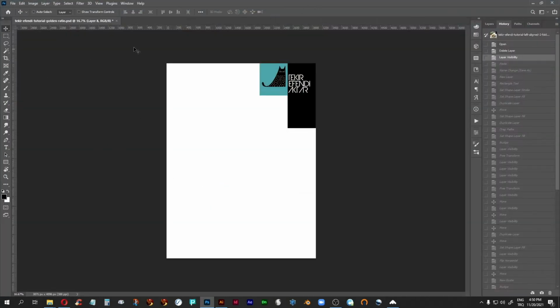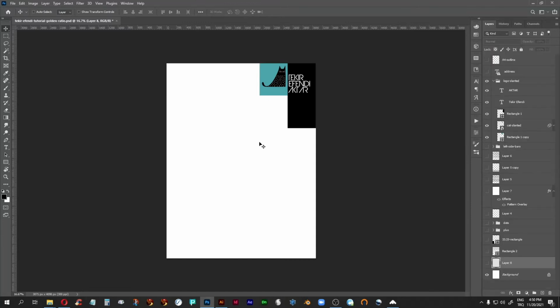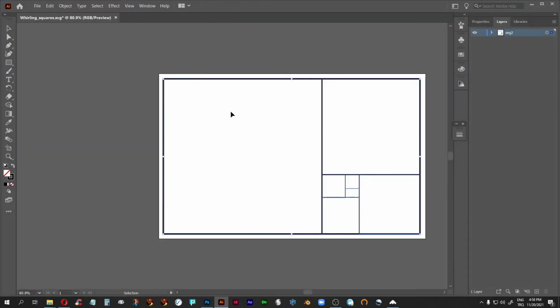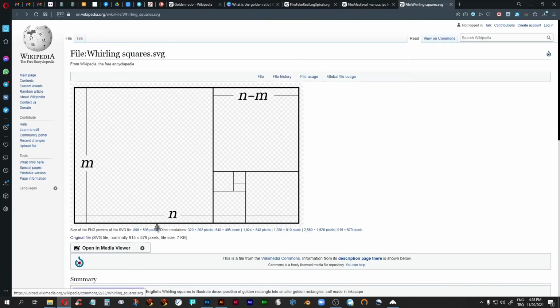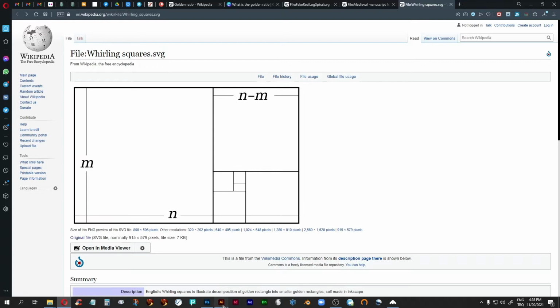I opened one of my Tschichold layouts, which is the one that I am actually going to be using for the folder cover. Now I already have the golden ratio diagram right here. What I did is, when I first opened it, it had a lot of other stuff on it, such as these extra, well, let me show you right here what it looked like. It had all of these things, the M, the N, M, N, and then all of these things. I cleaned all of those up,